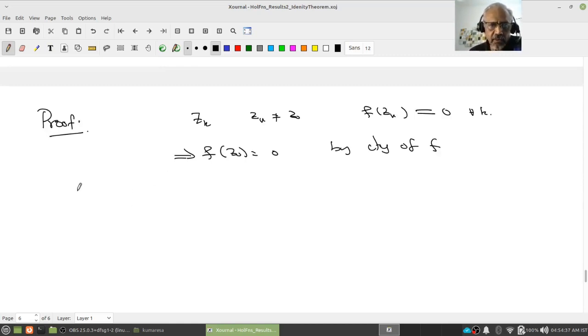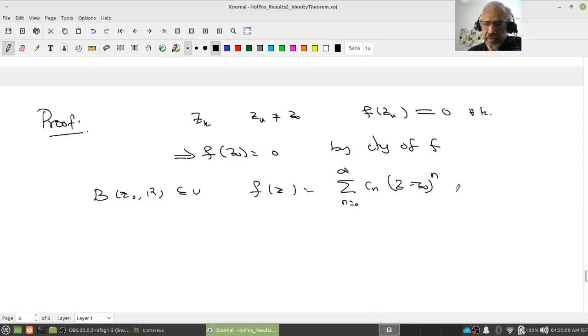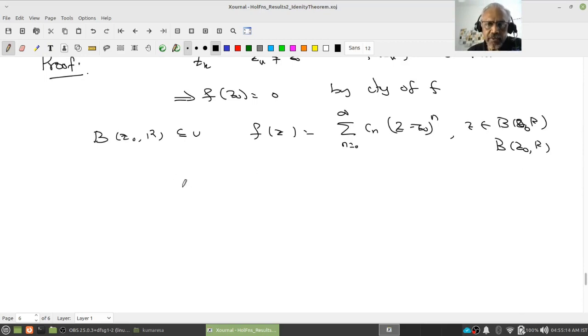Right? Now let us expand. Remember, f is holomorphic, therefore I know there is a ball B(z0, R) contained in U, where there is a power series expansion: f(z) = sum of c_n (z - z0)^n from 0 to infinity, for all z in B(z0, R). Therefore, what we have concluded is f(z0) equal to c0 is